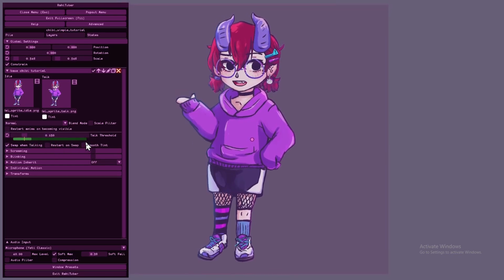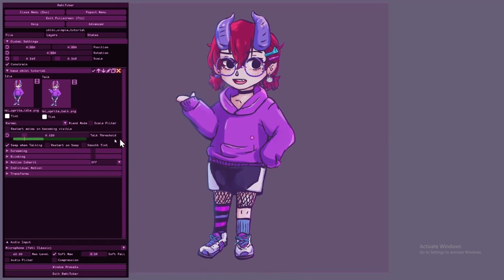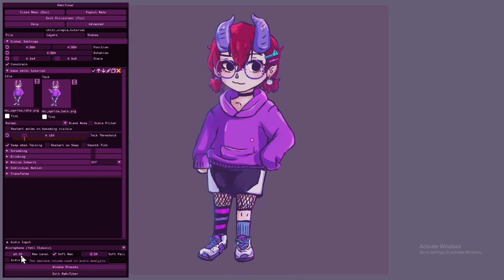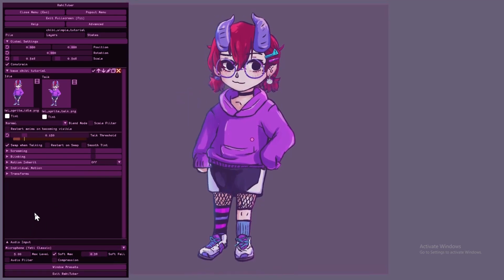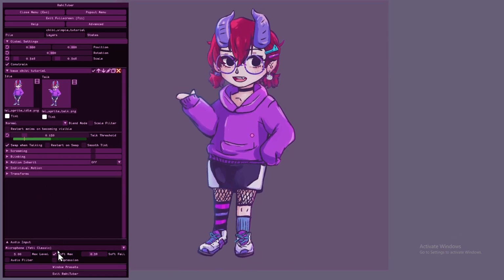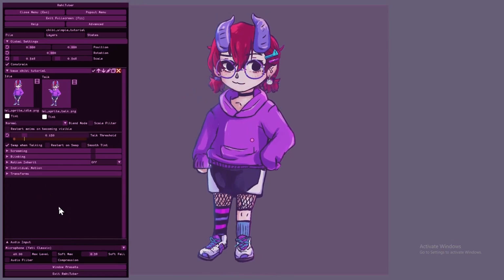It might be because I have my max level so high. But personally, I don't have it toggled on. You might find you have different results turning it on, so try it. Again, mess around and find out and see if you notice a big difference. The soft fall setting is pretty cool.